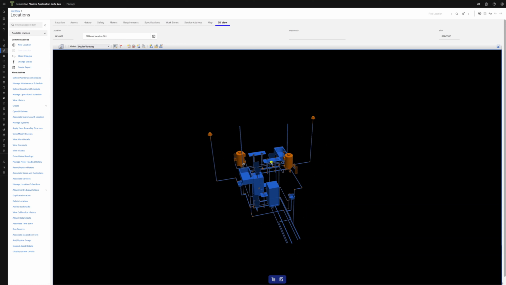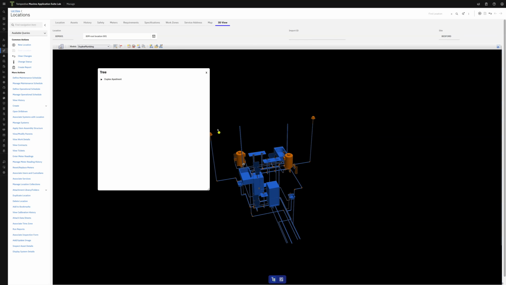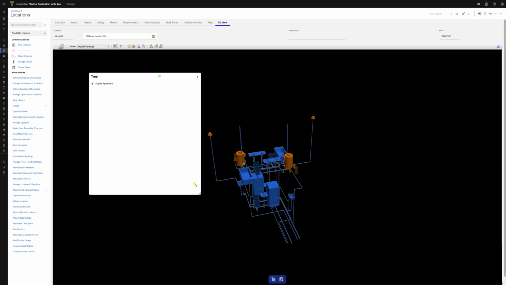operation. The viewer exposes a dedicated toolbar, providing access to two core interactive tools. We will examine the first of these now, the model tree. Activating the Model Tree tool opens a floating, resizable dialog panel positioned over the viewer. This panel presents the full hierarchical structure of the IFC model, organized according to the standard IFC spatial decomposition, from